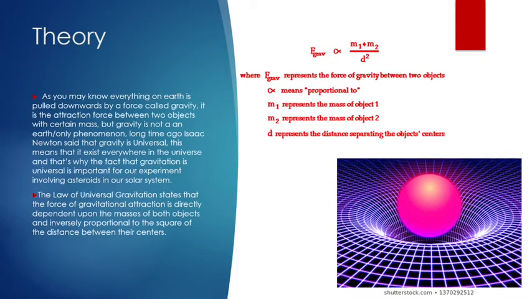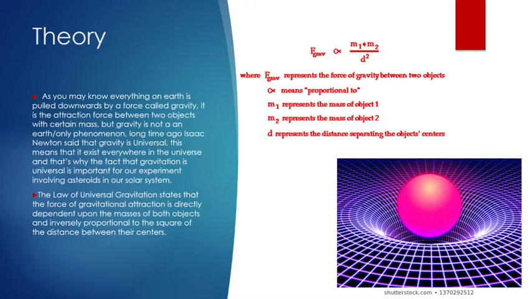Theory. As you may know, everything on Earth is pulled downwards by a force called gravity. It is the attraction force between two objects with certain mass, but gravity is not an Earth-only phenomenon. Long time ago, a scientist named Isaac Newton said that gravity was universal. This means that it exists everywhere in our universe, and that's why it affects the asteroids that we're studying in